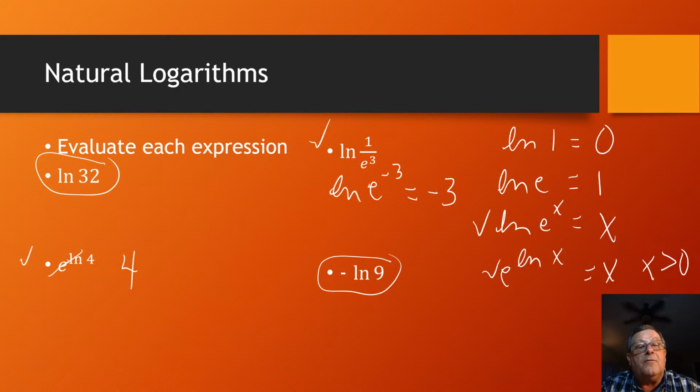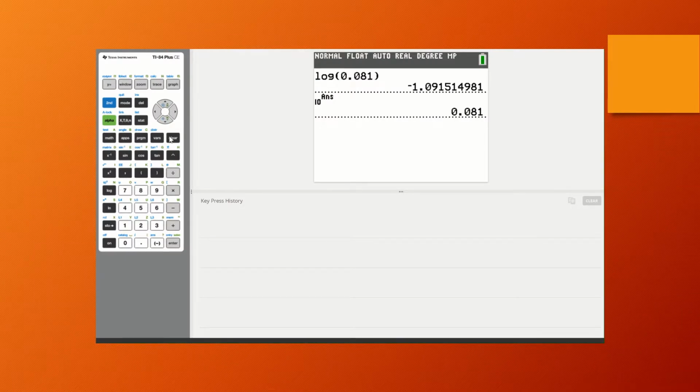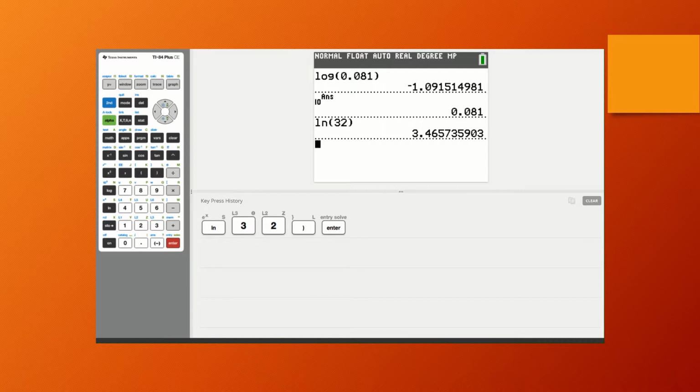Now, we're going to do the natural log of 32 and negative the natural log of 9 on the calculator. Well, here we are on the calculator. And so if I want to find the natural log, I can use this button right by the 4 where it says ln, the natural log. And we were going to do the natural log of 32. Let's close that parentheses and hit enter. And so the natural log of 32, if we round that to the nearest hundredth, is approximately equal to